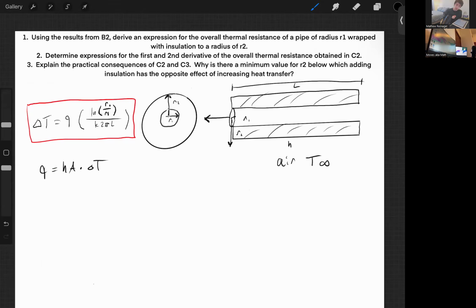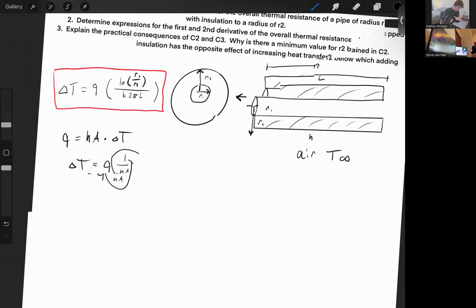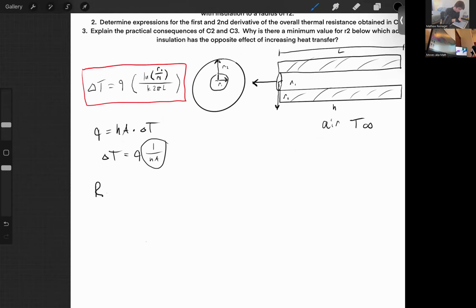If we're going to put this in the same terms and extract resistance from this, we're going to say the change of temperature equals our heat flow multiplied by 1 over hA, which, look at that, we have our resistance. So to get our total resistance, we would say R total equals R conduction plus R convection